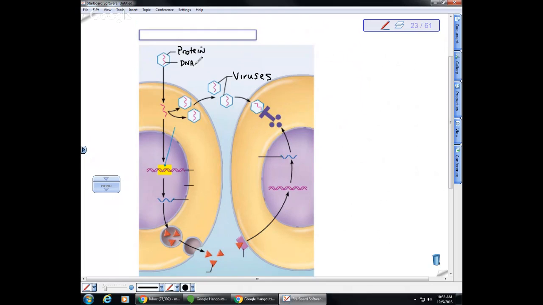DNA. So one of the things about viruses is that they're not composed of cells, but they have to use a host cell in order to reproduce. So what the virus does is it inserts its DNA into the host cell and uses the machinery of the host cell to produce more viral particles. So this cell right here is already infected, right? And it's already going to probably die from this infection, right? So this is the DNA molecule